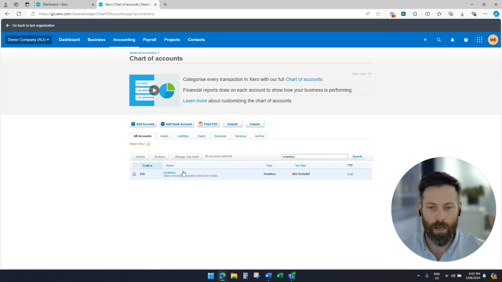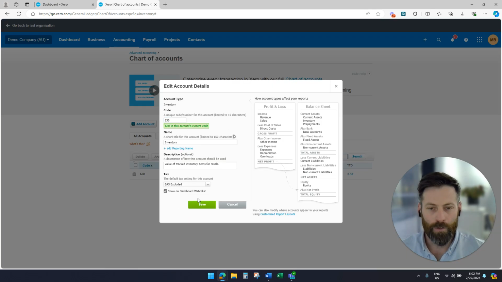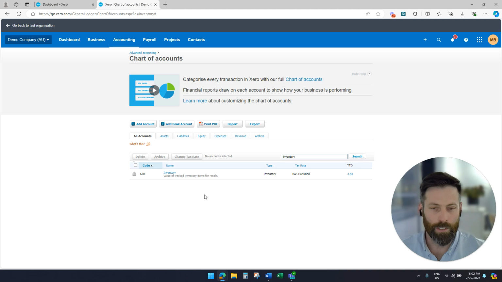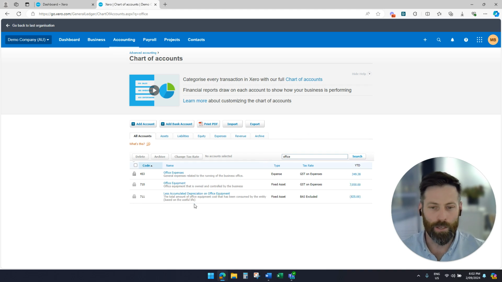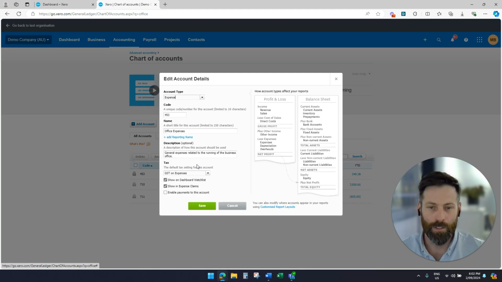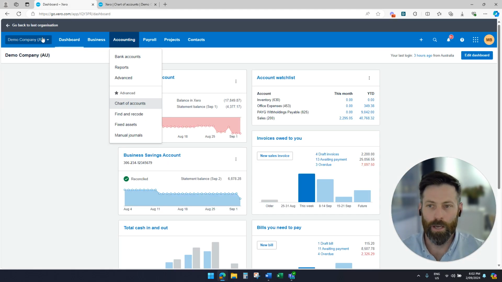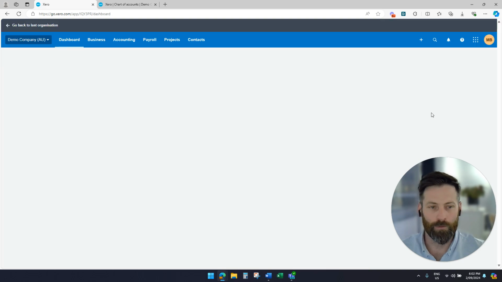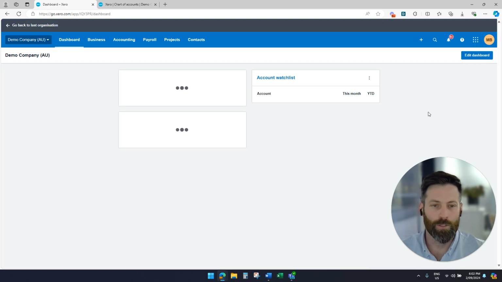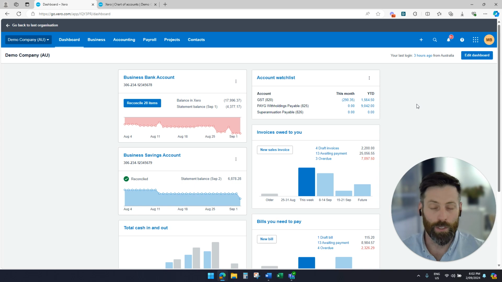Now, there are other ways to track this, but I find that using the account watch list on the dashboard is a pretty quick and easy way to do it, purely because you log into the dashboard every time you jump into Xero. Now, if we refresh the dashboard, now that we've fixed up those chart of accounts, we should see that the account watch list shows GST, PAYG withholding, which those two broadly are going to make up your BAS liability, and the